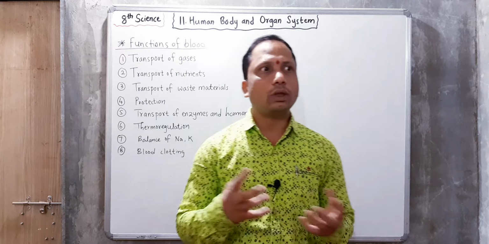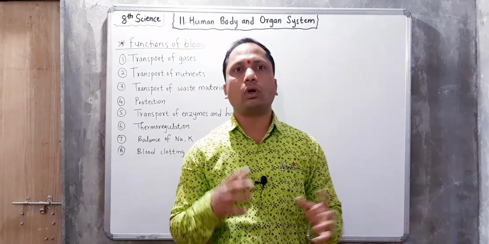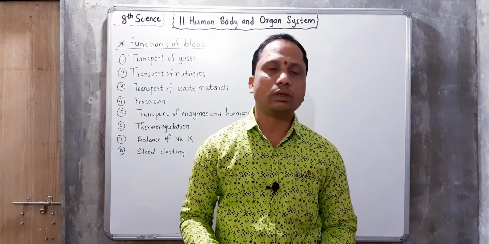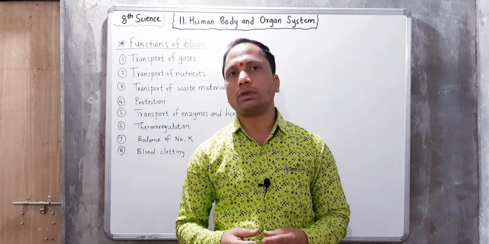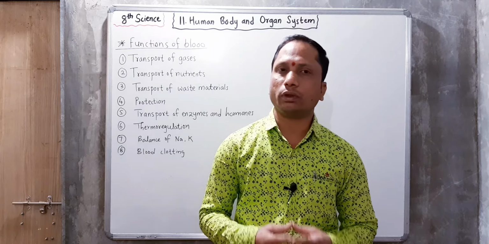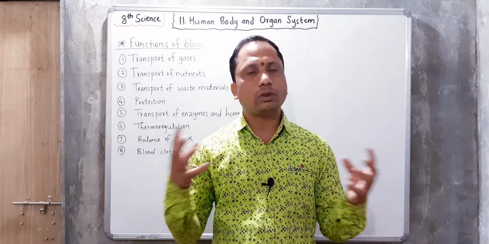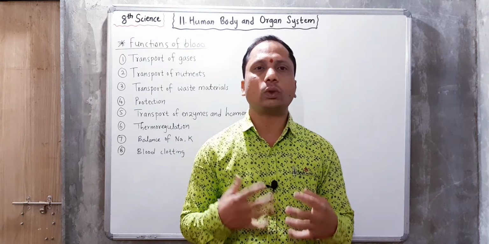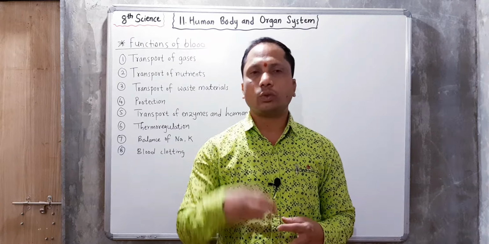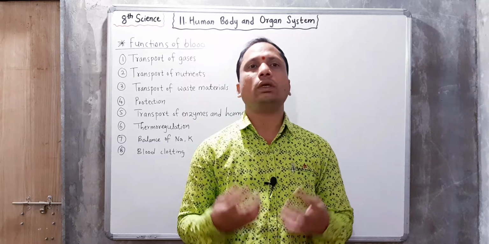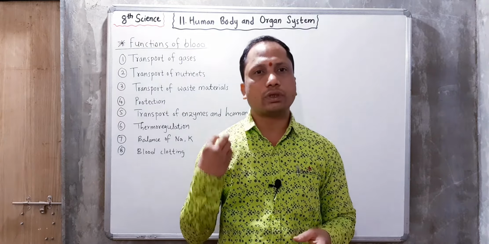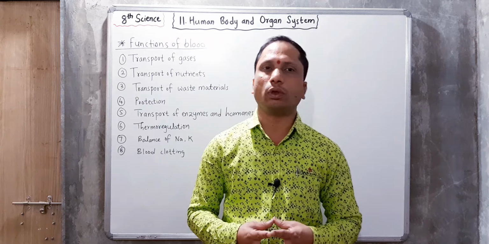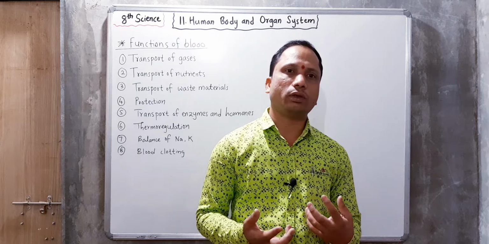Okay, so one thing you should know that all these organ systems are there: digestive system, then the circulatory system, then excretory system, then reproductive system, then nervous system. Okay, so these systems which are present in the body are correlated to each other. When we eat the food, we get the energy, and that food gets converted into blood, and that blood gets the nutrients, and these nutrients are supplied to all parts of the body. Then cells get nutrients, and then